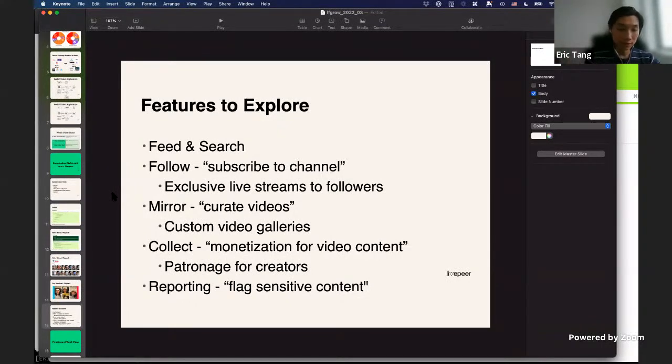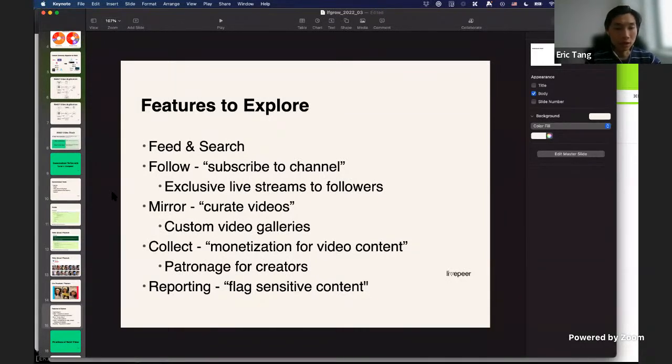Collect is a really interesting mechanism inside Lens, and this represents monetization for video content. For every publication, you can specify a custom collect functionality, and it gives users a way to pay patronage to creators.